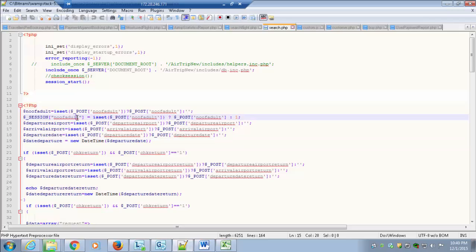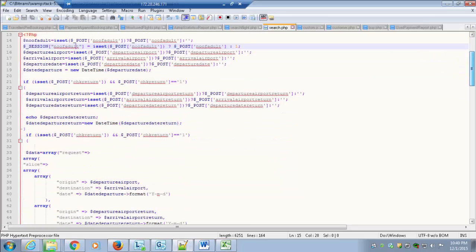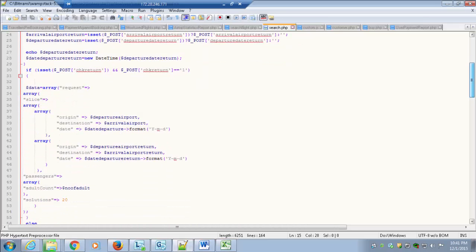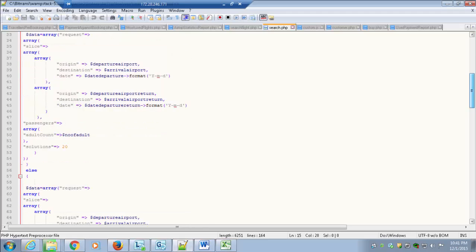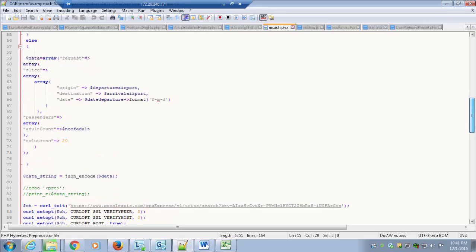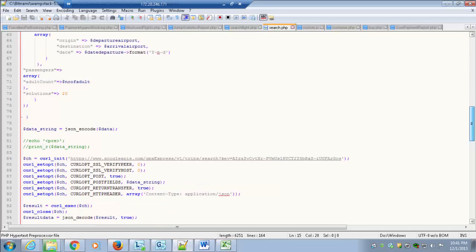It has the number of adults stored in a session, and if you go down, it has the post check return, and if the check return is equal to 1, that is, the checkbox has been selected, then the array sends the request, and the request is encoded in JSON form and sent to the Google API via a curl request. What we get back is JSON, so we decode it, and that decoded JSON is put into the result data.